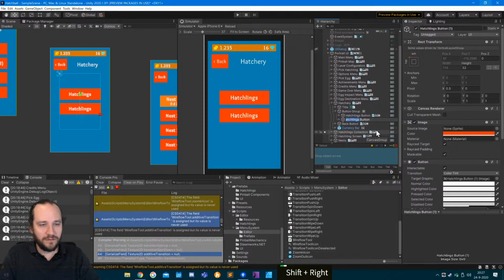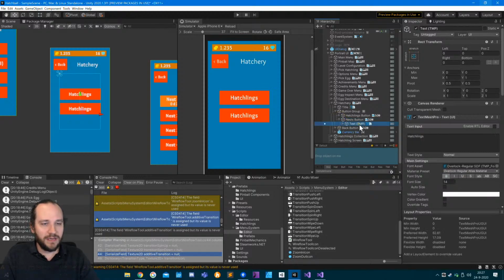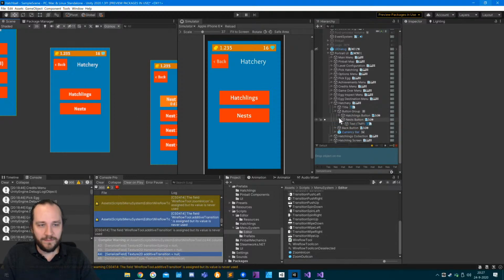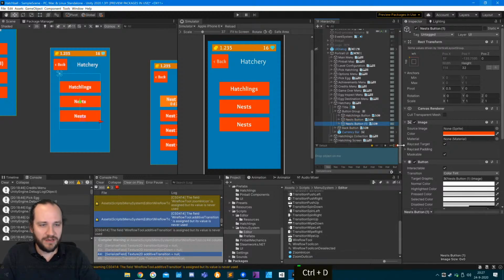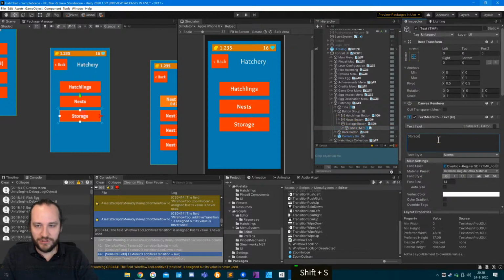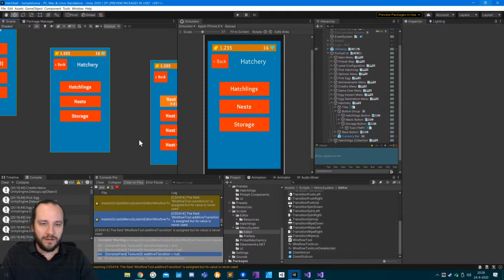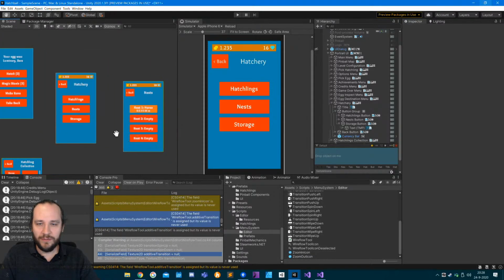So nests, and just like I said, storage, I guess. We'll think about the proper names. Storage. For now, that's it, I guess. So we'll go to